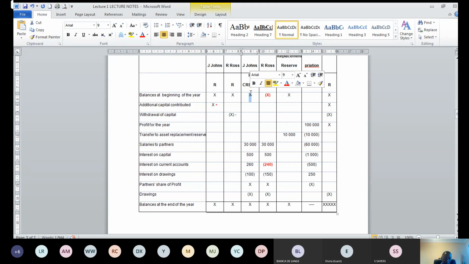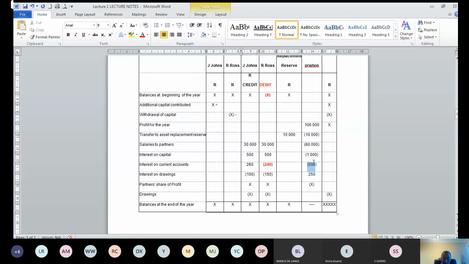A credit balance means that he must get interest. A plus, there is a plus here. A debit balance, the partner is not entitled to interest. Therefore, a debit balance means he must pay in and we will decrease his current account. A debit here in the balance is a debit in the current account. A credit in the opening balance is a credit as far as the interest is concerned.